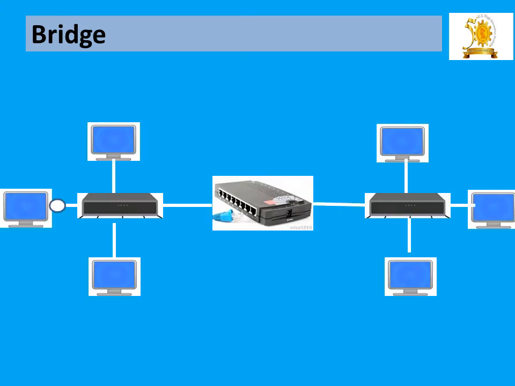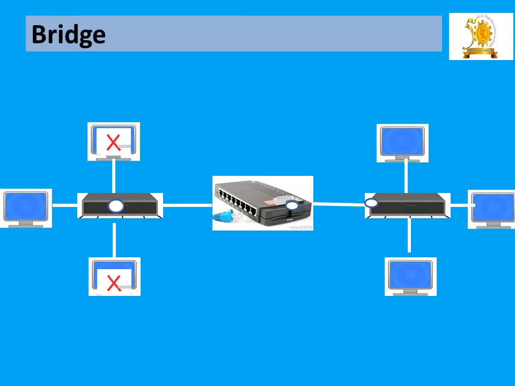The next connecting device is the bridge. We will again see how the bridge works by using a small animation. A bridge is actually used to connect two LAN networks. Here we see two LAN networks which are connected by using the bridge. In a bridge, if the first PC or network is sending data, it will be transmitted to the other PCs or networks, but the data will be forwarded to the required MAC address and others will reject it. When the data reaches the bridge, it is connected to the second LAN network.